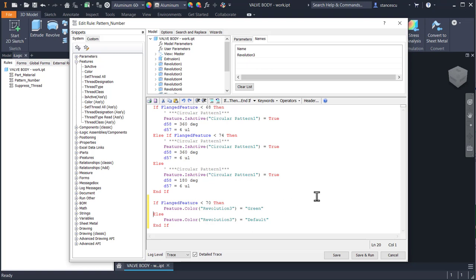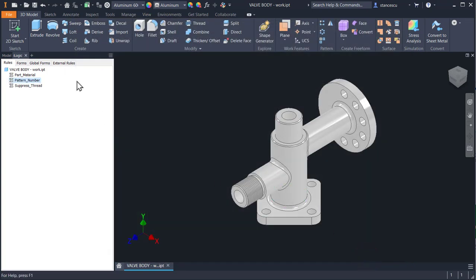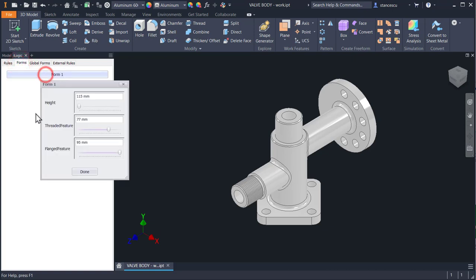We can make some other things here, but let's see these ones. So when I change the second slide, or the third, the color of that feature will be changed. Save and run. Let's see. Form. Where is the flanged feature? Here is, and when I move a little,